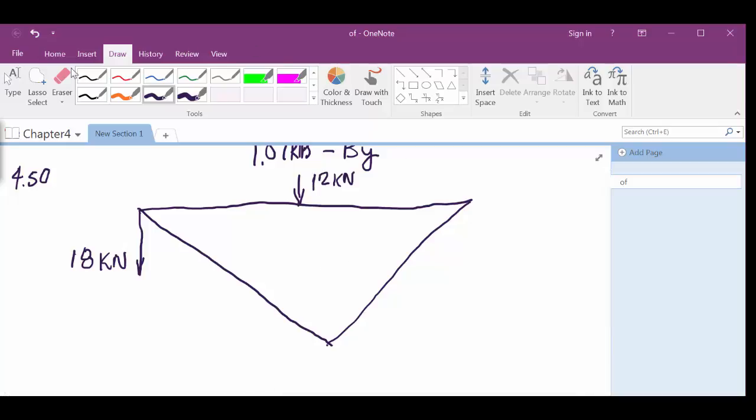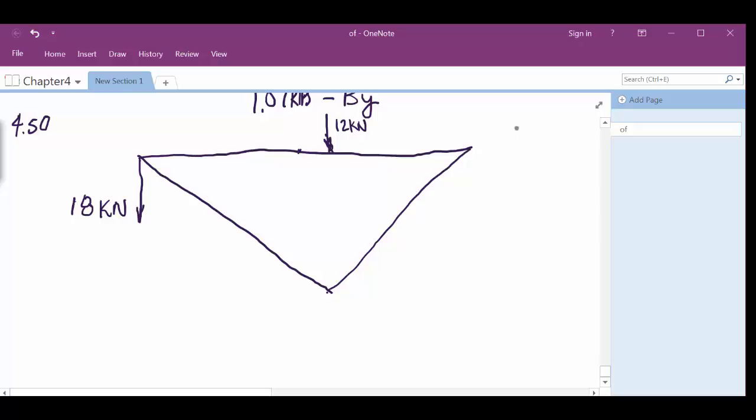Oh, let's get that a little bit closer. Don't you think? We can make that a little closer. It should be right over top of that V shape, and I guess that should have been a little closer to the center. 12 kilonewtons. Why did this not go away? There, that gives us more room. Then we've got AY. I think it must be pinned here, isn't it? Yeah. AY,